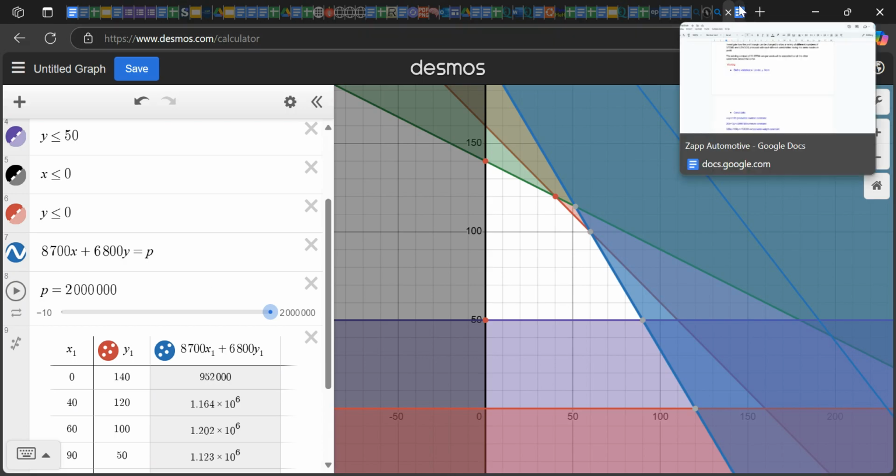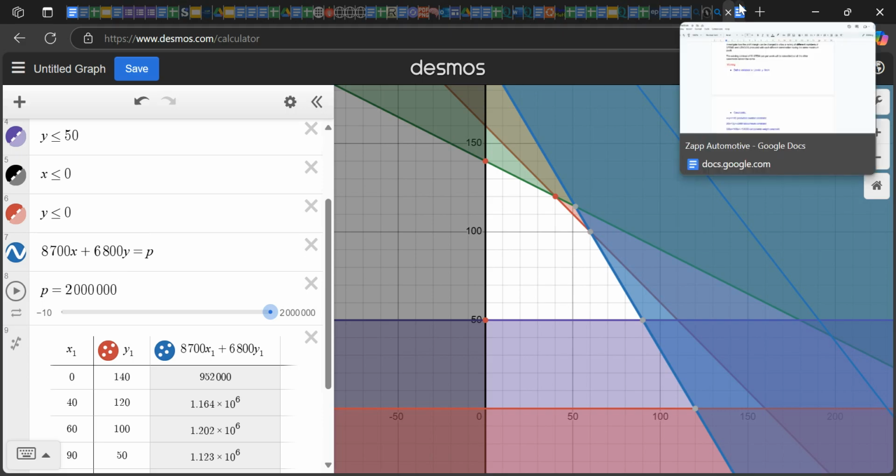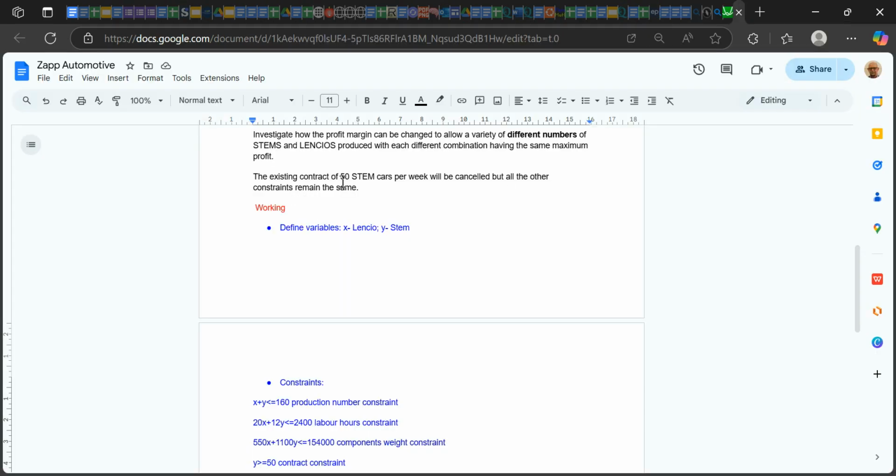Okay, so which one stays the same? Which price stays the same? The stem, so it can be